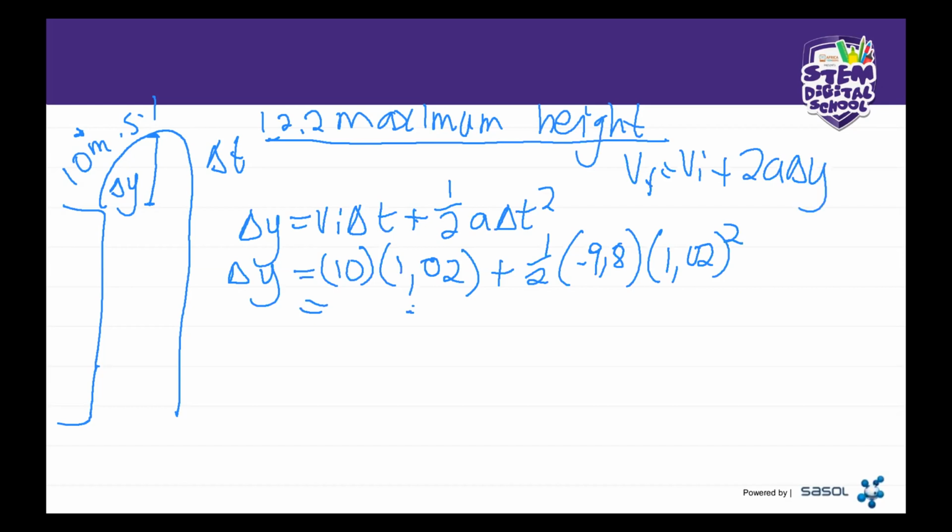And why is that, guys? Let's just look at these two formulas. This is the first formula that I tried using, and this is the second formula that I'm suggesting that we use. Why is that, grade 12? Just think, why would we prefer this formula over this one? It's quite simple, hey? Why?